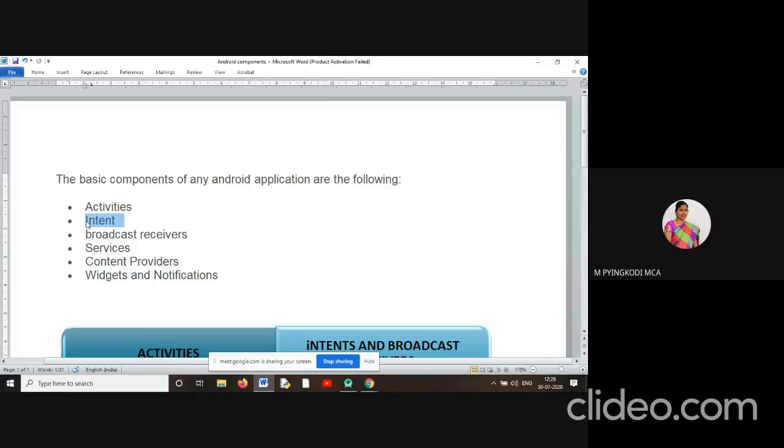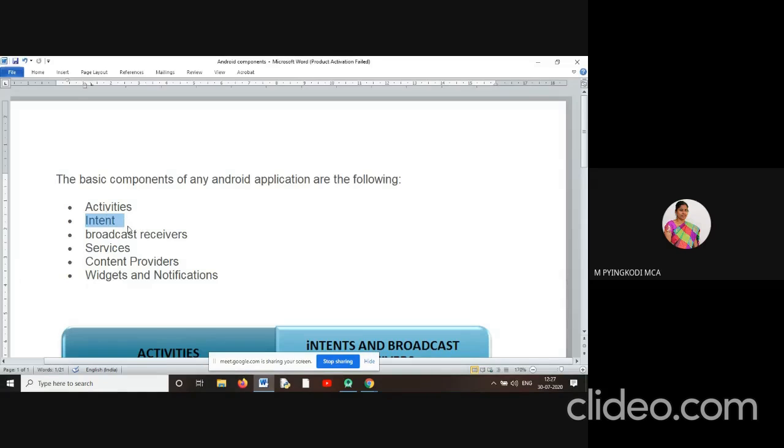What is the purpose of that intent listener? It will intimate this broadcast receiver that you have one message to publish or to notify to the user. For this intent component, we always have an intent listener, which watches 24/7.